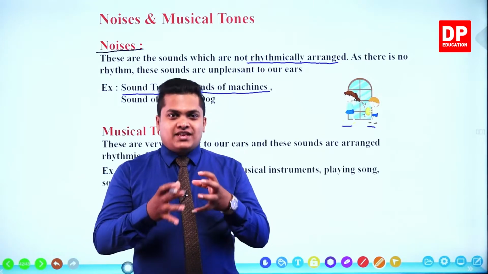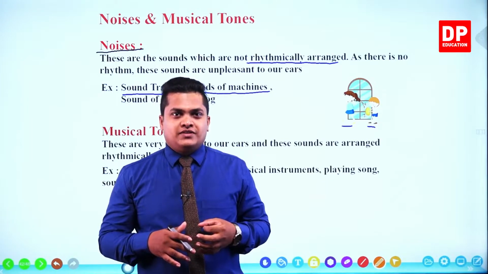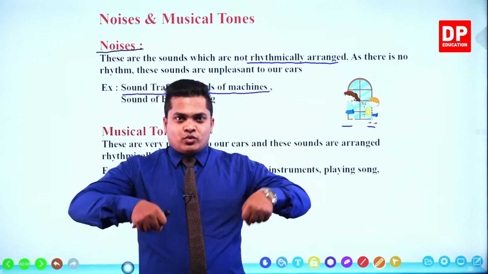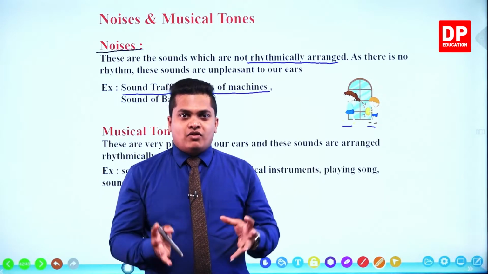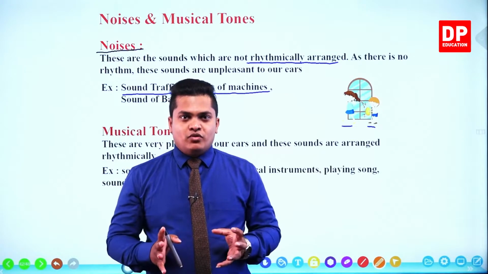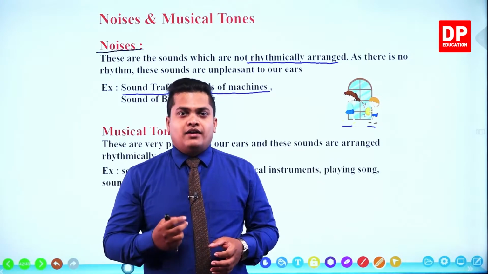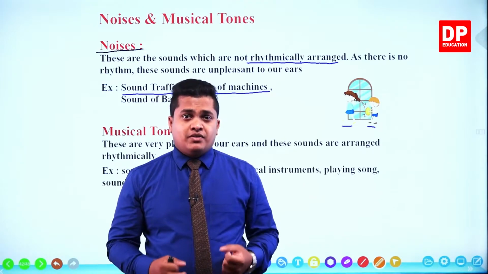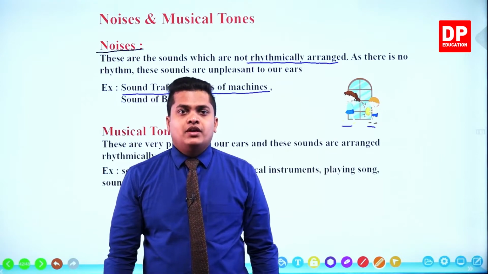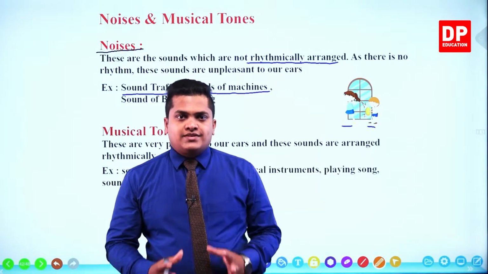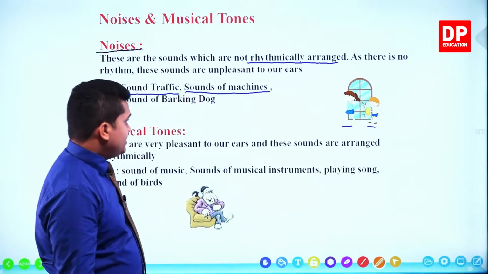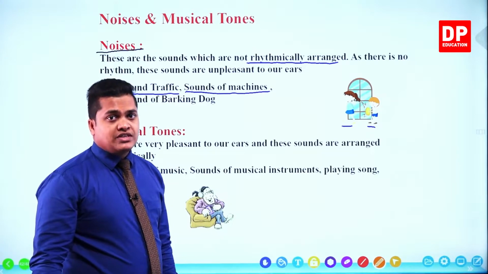Now that's how the jackhammer works, right? When you turn on the jackhammer, it vibrates heavily, and the heavy rocks can be pierced, removed, or shattered using that sharp edge. So when operating the jackhammer, a heavy sound is emitted from the machine. That's why it is considered as a noise. Those sounds are not rhythmically arranged. So the sounds of machines like drills and jackhammers can be considered as noises, right?